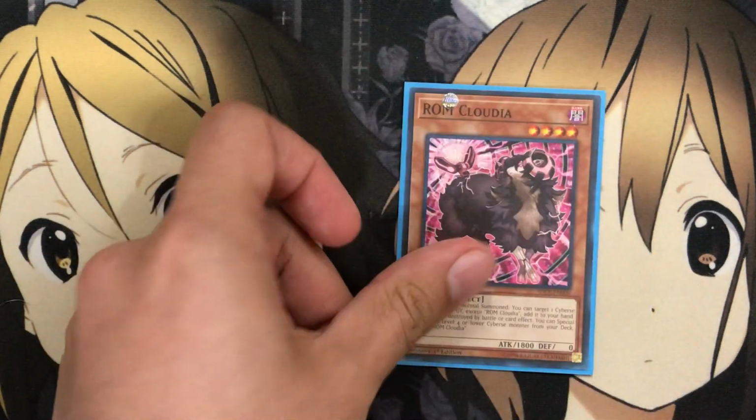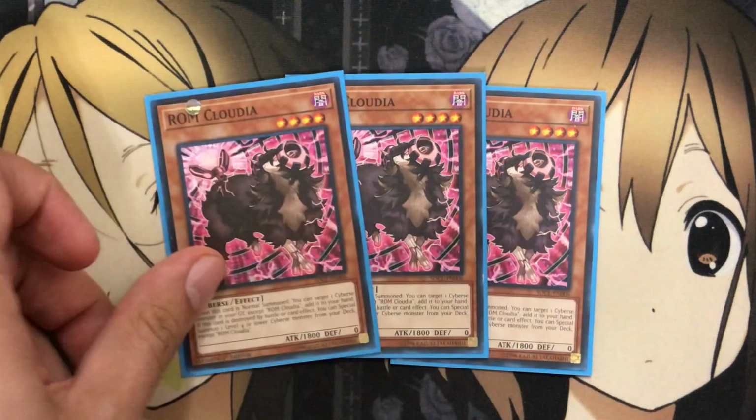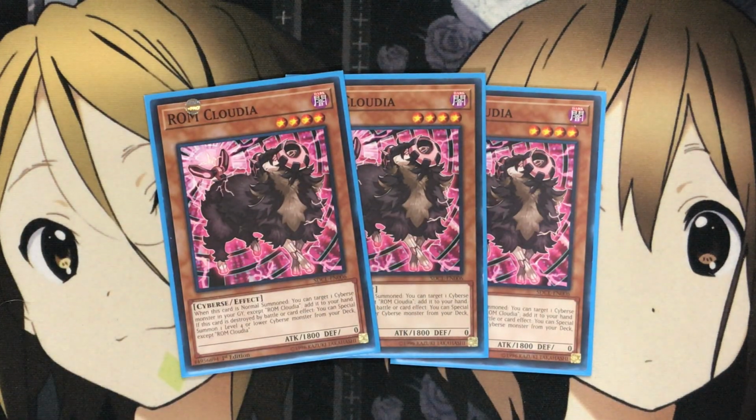And I also run 3 Rom Claudia. I really do like this one late game just for the fact that when it is normal summoned, you can target 1 Cyberse monster in your graveyard except Rom Claudia and add it to your hand. And if it's destroyed by battle or card effect, you can special summon 1 Level 4 or lower Cyberse monster from your deck except Rom Claudia, giving you more options depending on what you might need for your cards on the field,